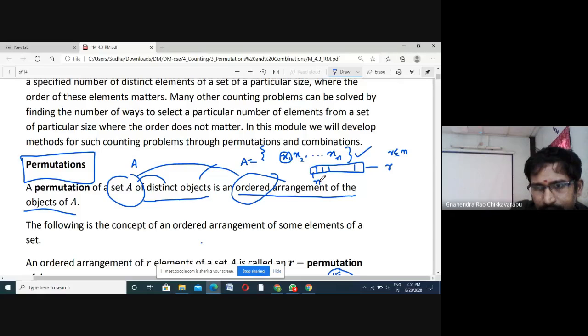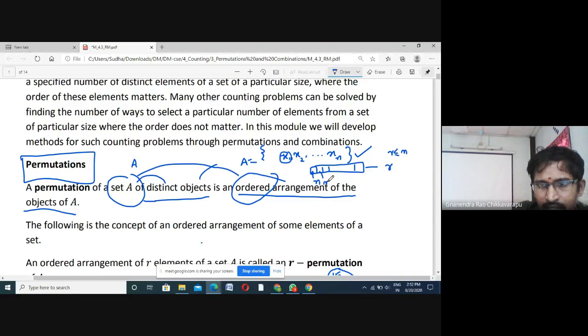Now any element of the set may occupy the first position. That means the first element may be x1 or x2 or x3 or so on xn. That is why the first element has a choice of n, because from the definition of a permutation, it is nothing but selecting r distinct elements from n distinct elements. That is why we should not reuse the selected element.